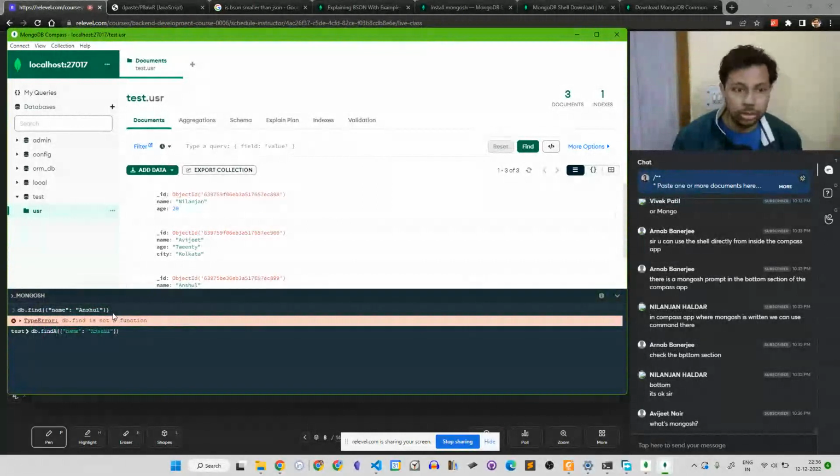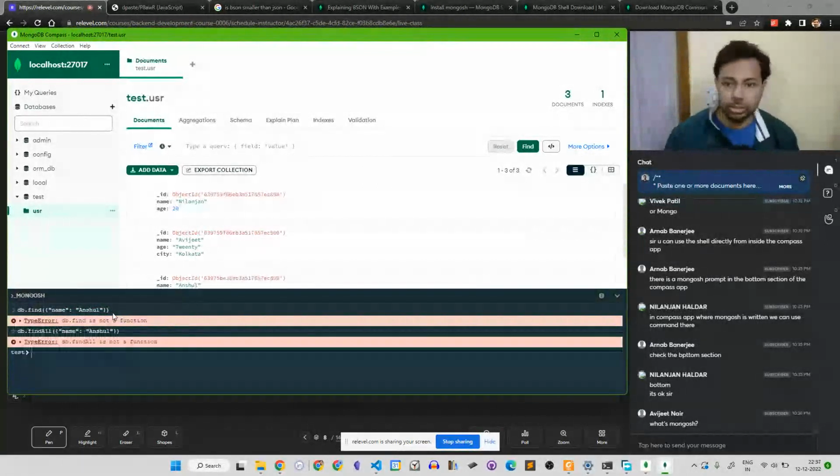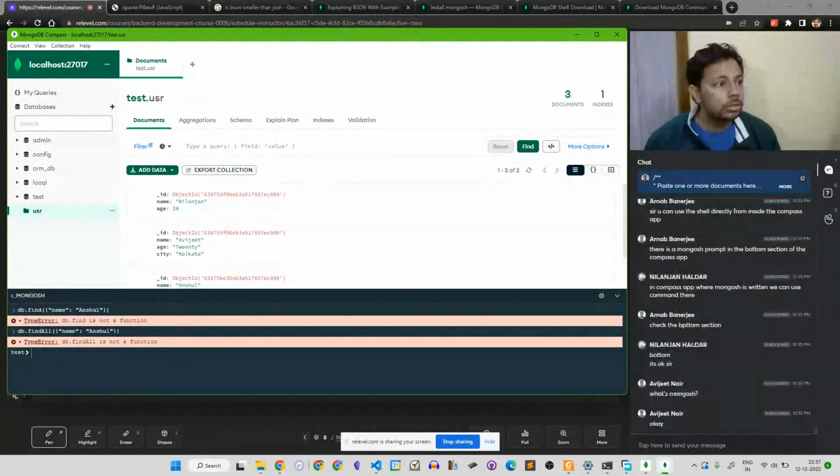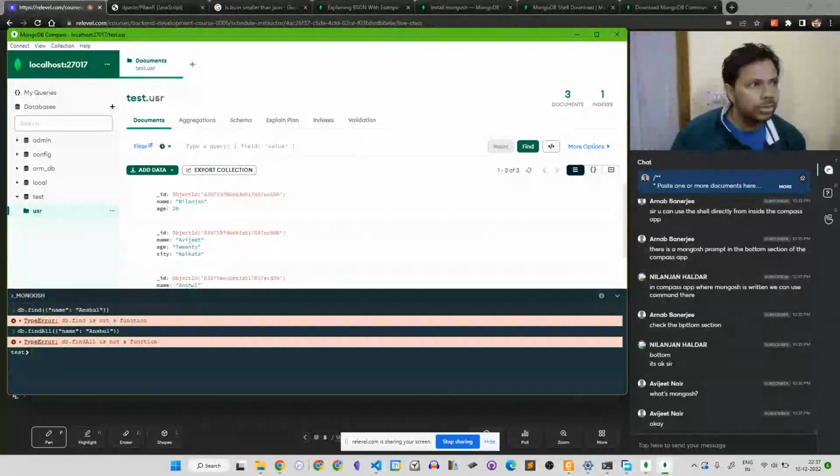What's Mongoose? Mongoose is a shell for MongoDB. Find, where is the find operator? There should be a find operator.